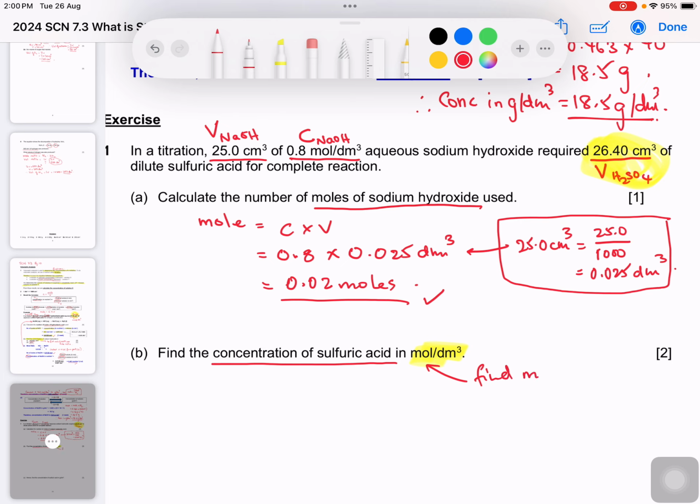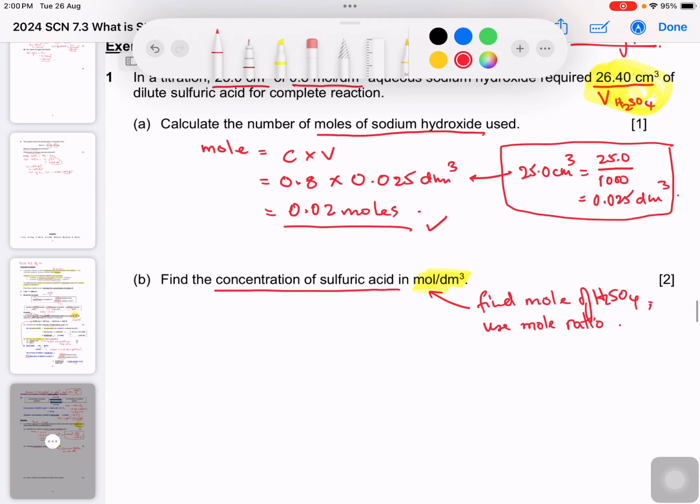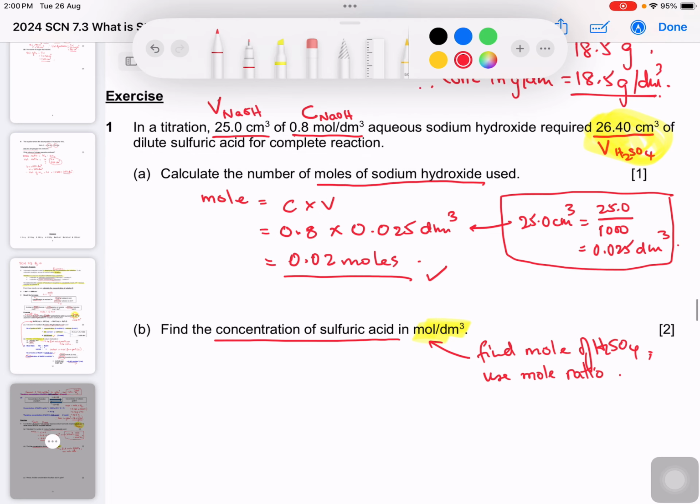Find mole of H2SO4. Okay, how to find mole of H2SO4? Use mole ratio, because from the first part we know the mole of sodium hydroxide. So how do we find the mole ratio? First of all, you notice now we don't have the equation. So sadly, we have to write out the equation first. Okay, so the equation will be